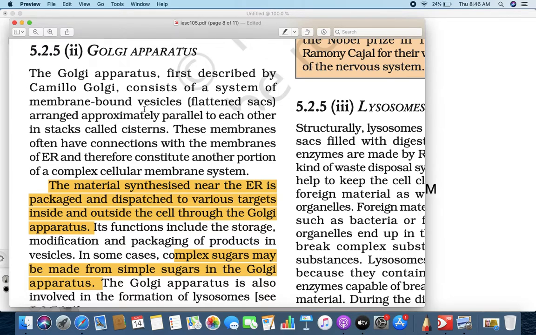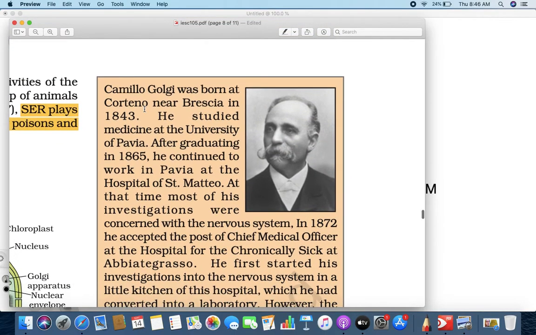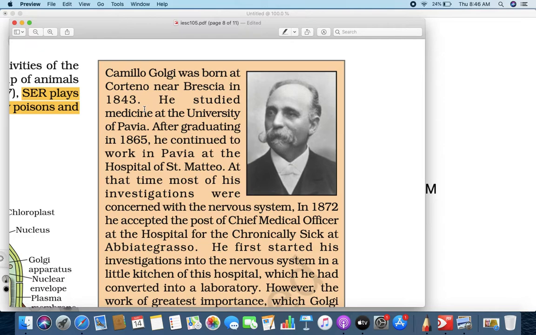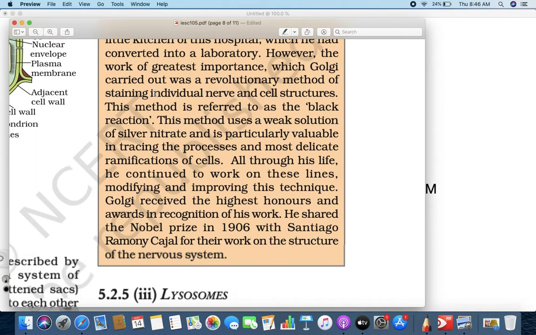Okay. Now we are going to talk. So this is Camillo Golgi. The box thing in brackets is just for your knowledge. It is not going to be asked in any exams, but make sure you understand all these people, right? They really contributed and worked hard in order to give us all these things.